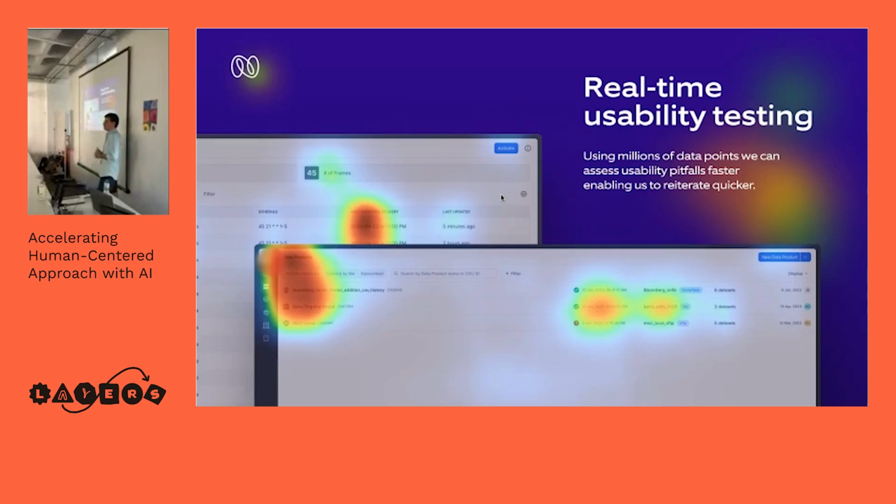We don't know. So should we bring every single one of them to the user test, like test 5 versions with one user, maybe a 1 hour session, to do these validations just to make sure that it's the right one? Or what if we use data and AI